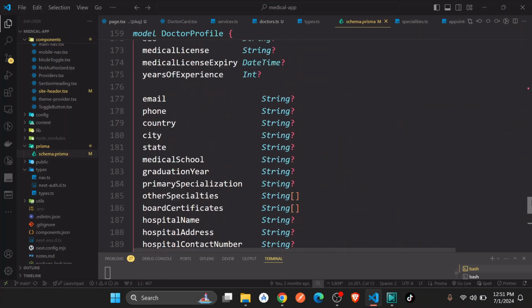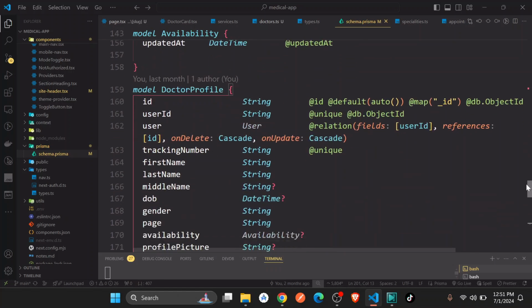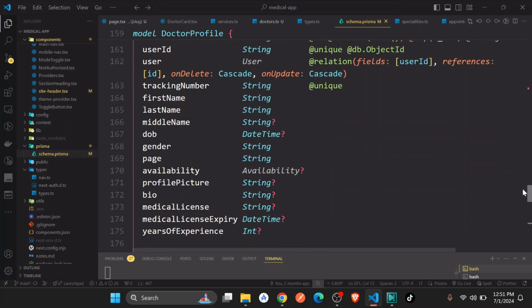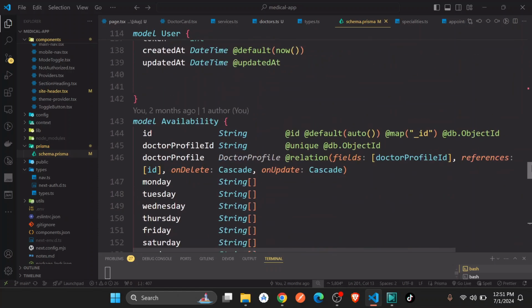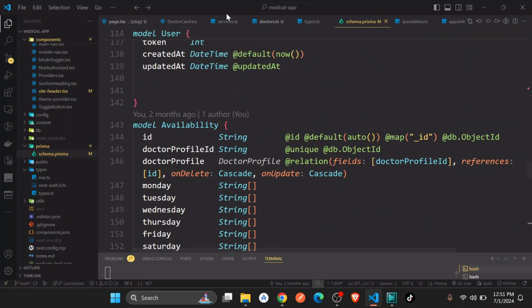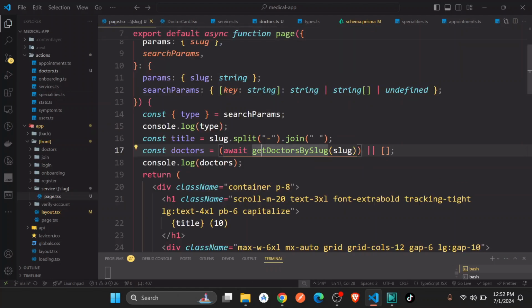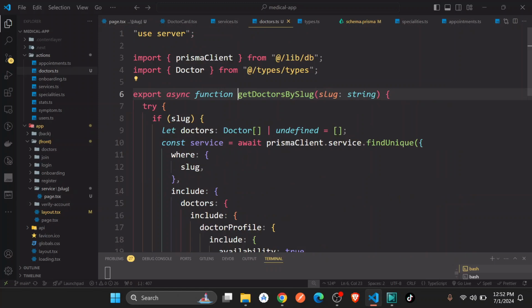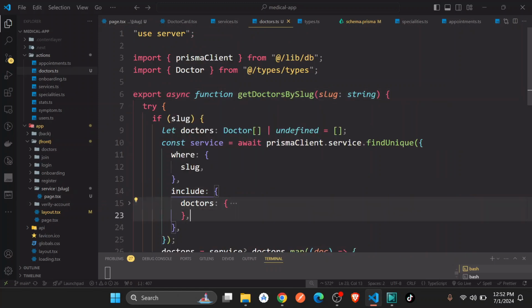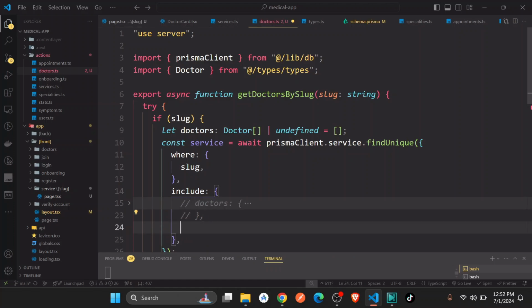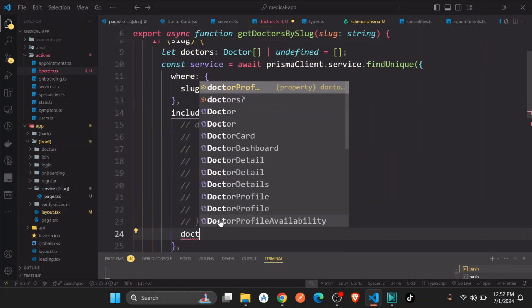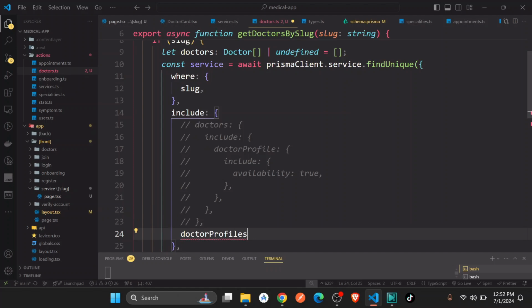Okay, so meaning we can just return these services in this. Instead of including this, we could just simply include the doctor profiles,